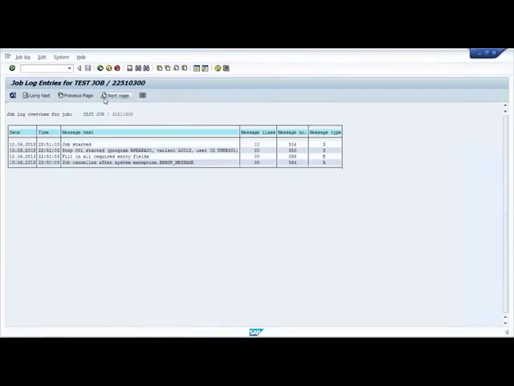You can see the job log. Required fields are missing just because there is